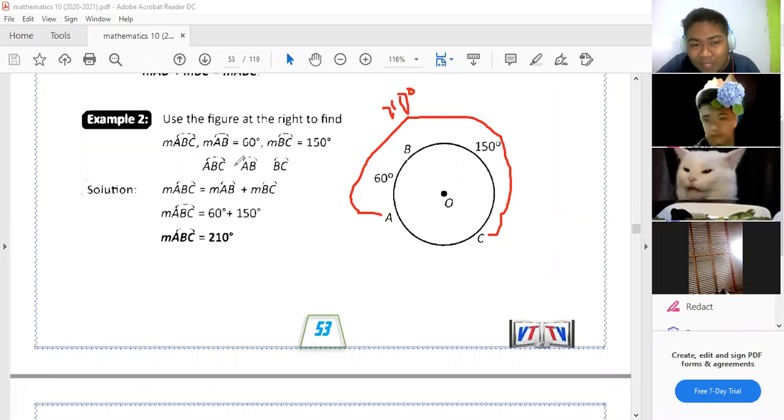So, ang AB daw natin ay 60. So, this is 60. Yung BC naman, ito is 150. Therefore, ano ba hinanap natin? The measure of angle ABC, or arc ABC. So, the measure of this arc is 60. Tapos ito naman, so ano gagawin lang natin? I-add lang natin. O, paano pag pinahanap ko sa inyo ang measure ng arc